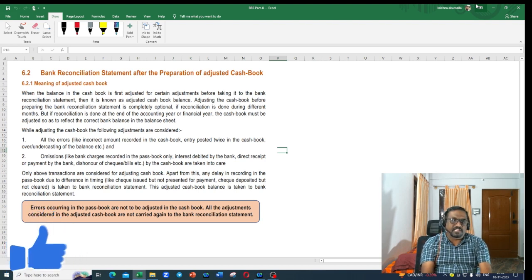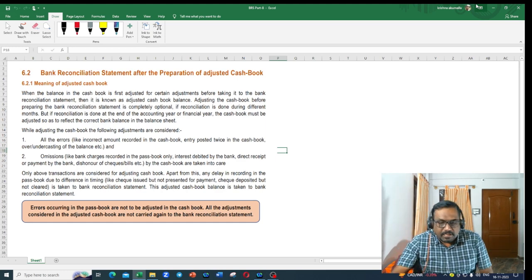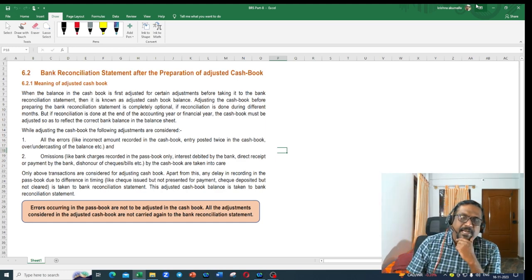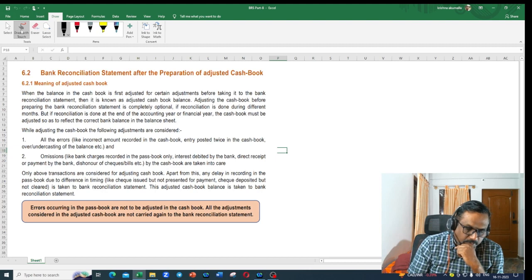Now, what are those errors we generally see? Let us read this paragraph and see what the institute is saying. What did they say? When the balance in the cash book is first adjusted for,